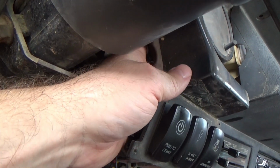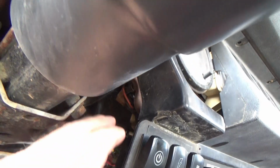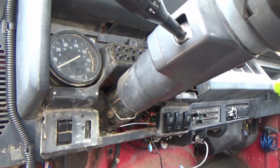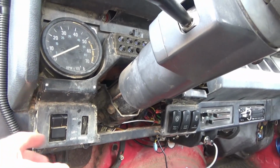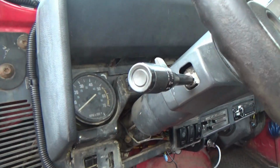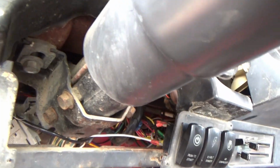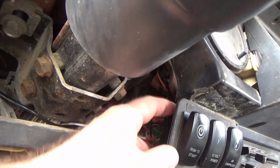I'm not going to pull this whole thing out right here because I'm going to work in a couple hours, so I don't feel like screwing something up. Well, I guess I could drive it with half the dash out of it. Not that it really matters, but I'm just not doing it right now. Now, if that disappoints y'all, if you want to see how that comes out, there will be a later video when I'm working on Rust Bucket, because I'm going to remove the dash completely out of Rust Bucket, which means all the stuff right here is going to be gone, and I'm going to be putting something else in. So the complete removal of a dash will come later on, because all I'm after right now is changing those